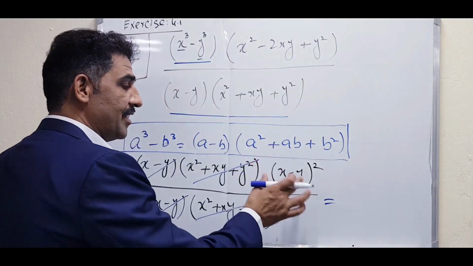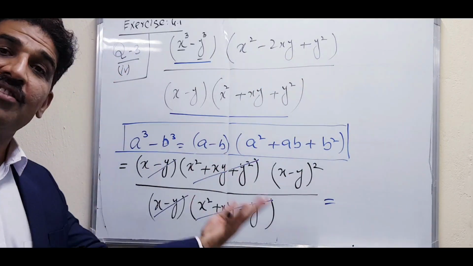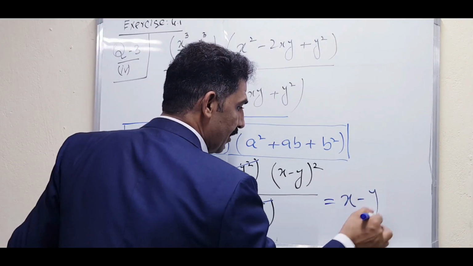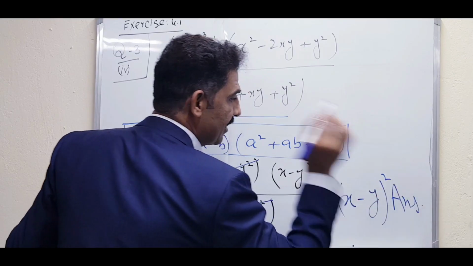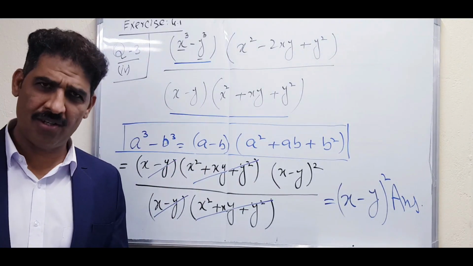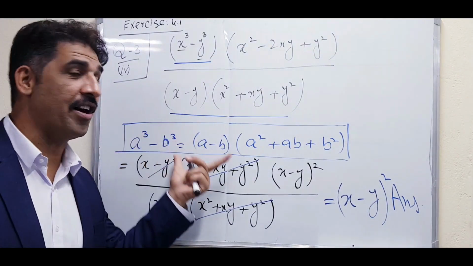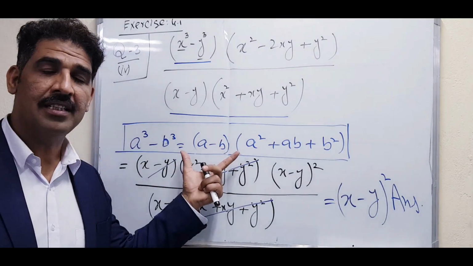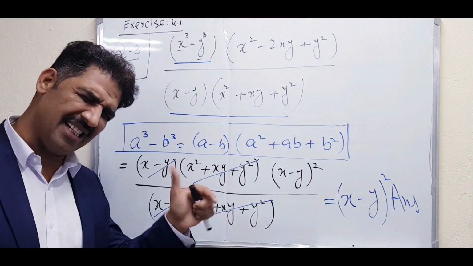What is the answer? Both ways are correct if you write like this. But the rule is that you have to simplify as much as you can, right? So our answer is x minus y whole square. Hope all of you understand. Is it difficult or easy? Good, very easy. So algebra is easy, but one thing: formulas must be kept in your mind every time. If you are perfect in the formulas, algebra is very, very easy. If you forget the formulas, then algebra is a little bit confusing.